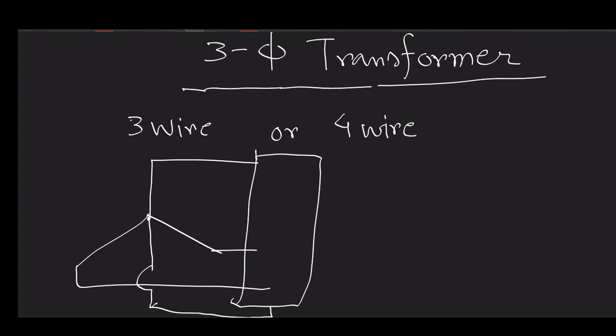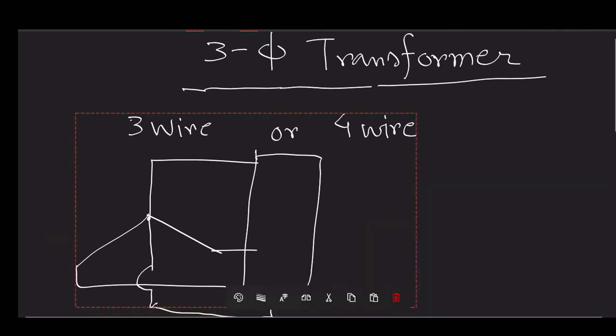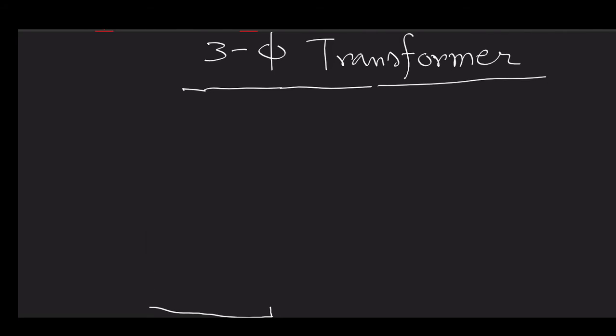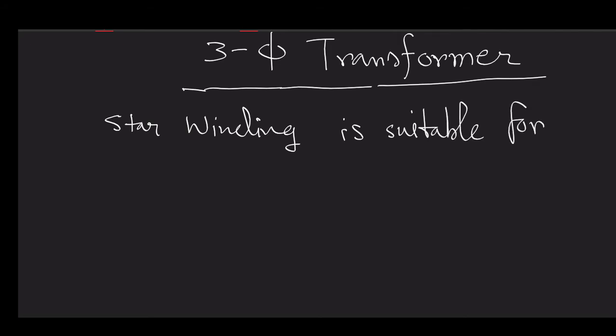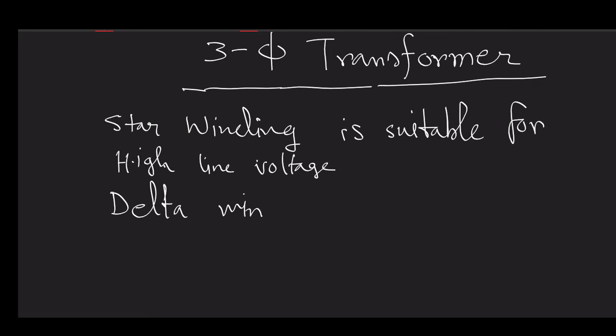Now those who have already studied star and delta must have noticed that both of them offer some advantages as well as some disadvantages. And in general we can draw a few conclusions, like: star winding is suitable for high voltage side, or handling high line voltage, while delta winding is suitable for